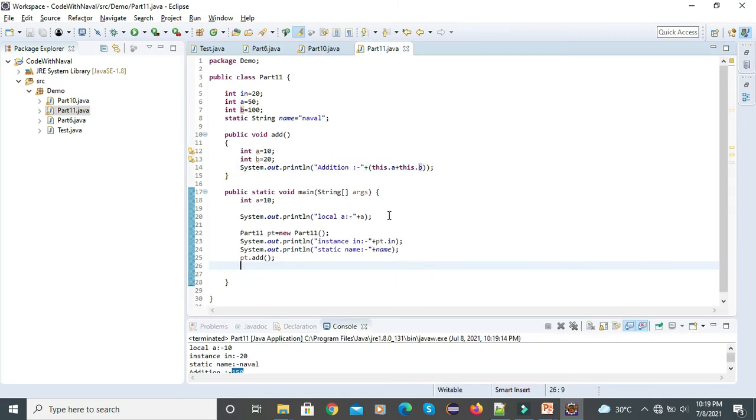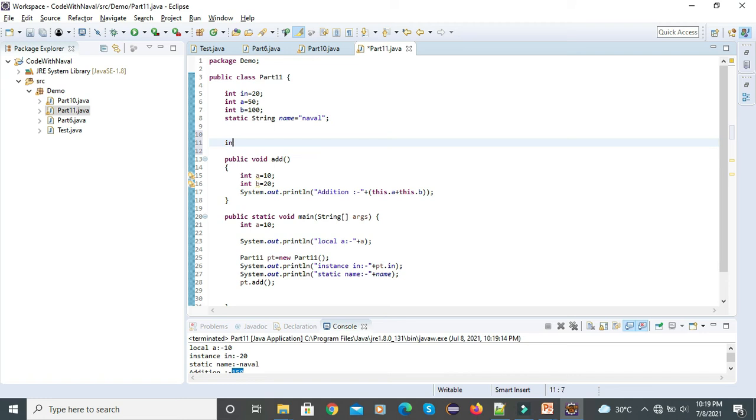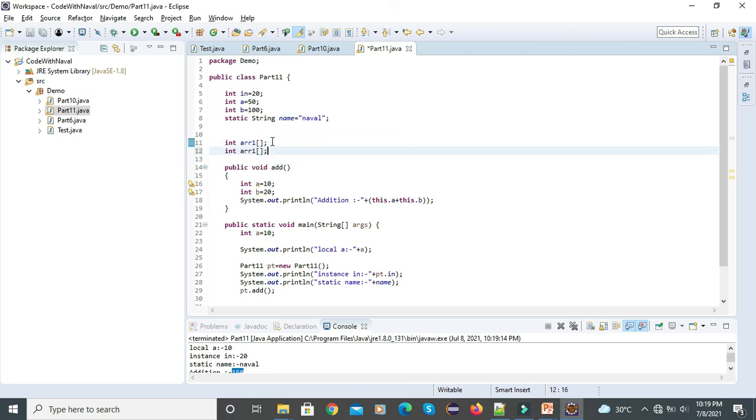The third one is that we can declare an array. So how can we declare an array? I'll show you one example. Int a, this is the first way we can declare an array. This variable name is a duplicate, so I'll simply define here array1. In Java, this is the first way. Then also we can declare an array this way, the second way.